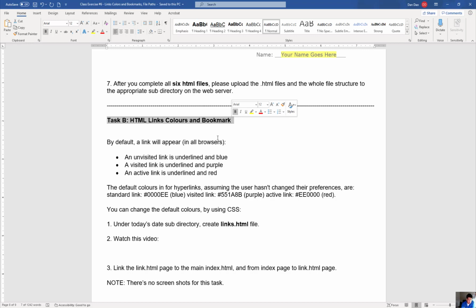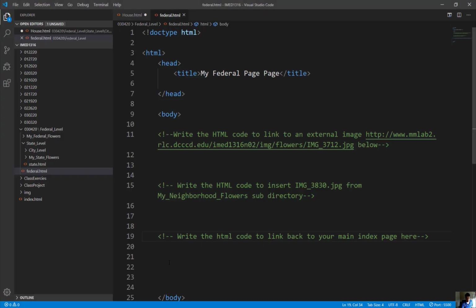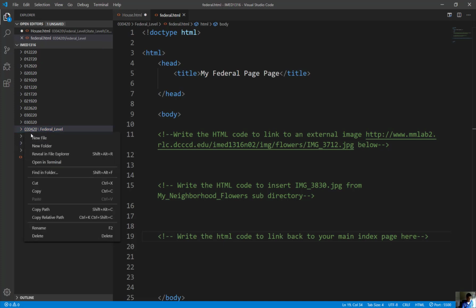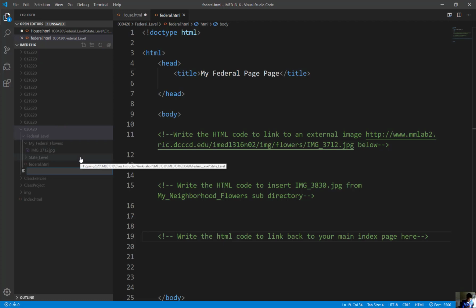In today's date folder that you have created, create a file called links.html for me, and I want to put this video link on here as well. There's no screenshots for this one, so open up your Visual Studio, and find the folder, let's say today is the 4th, or whatever date you have. Click on that folder, right mouse click on a new file, and create the file called